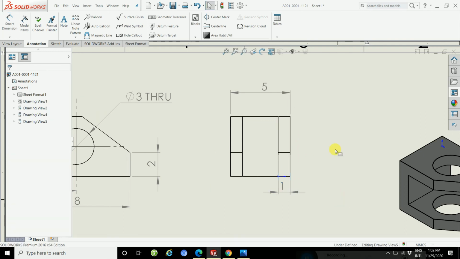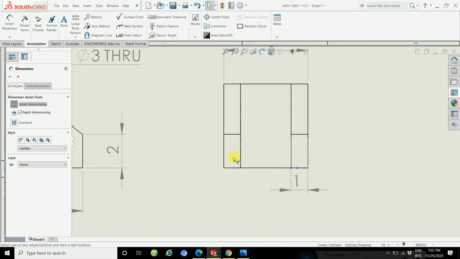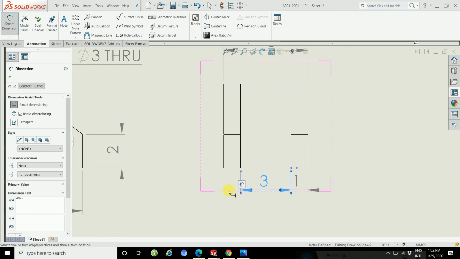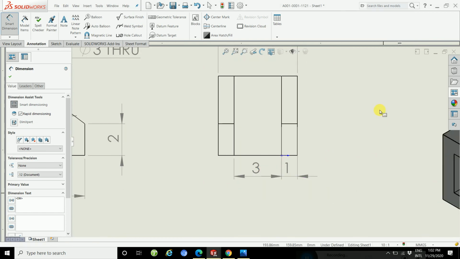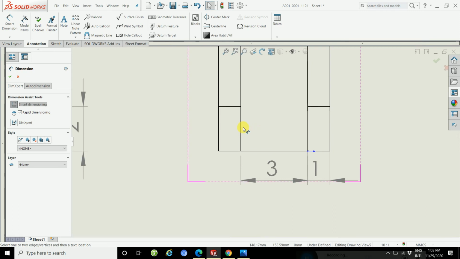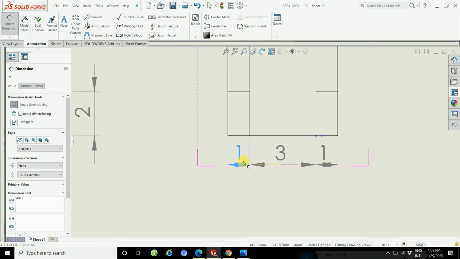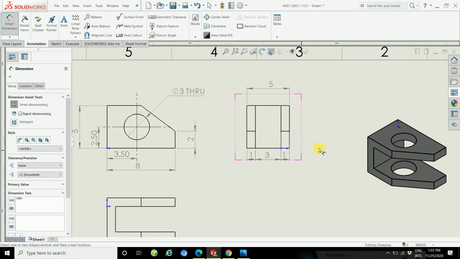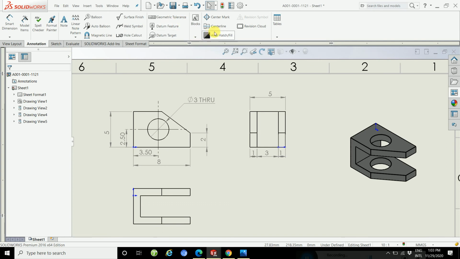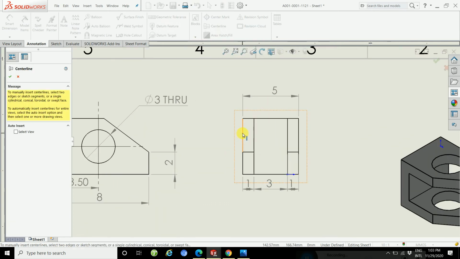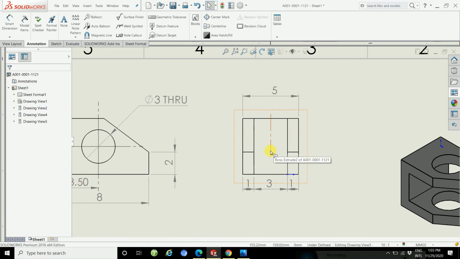On this, the tree. And then how to apply the center line. Click on the center line and then here, the dot center line.